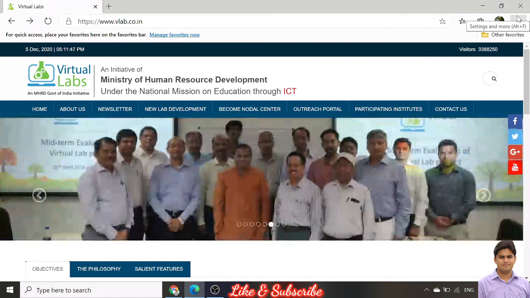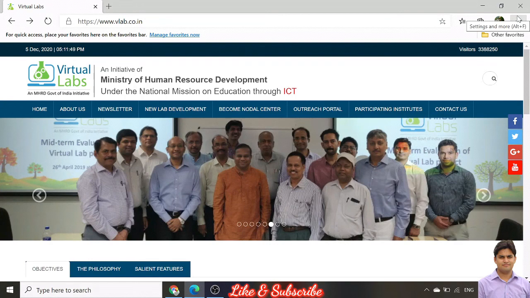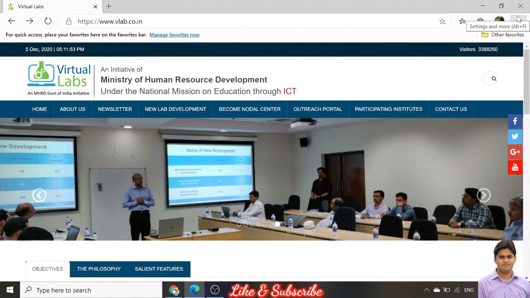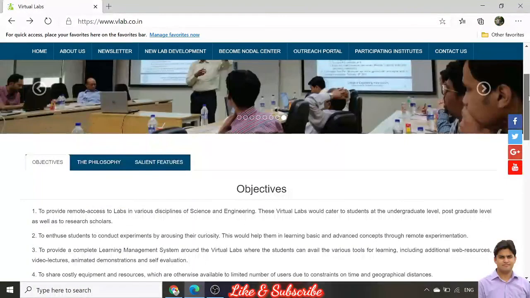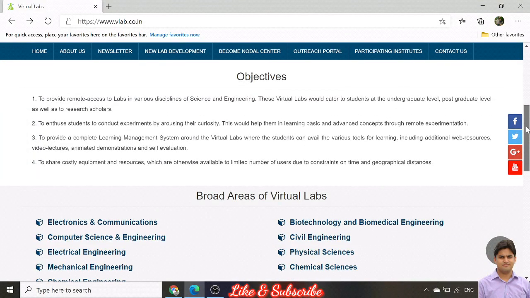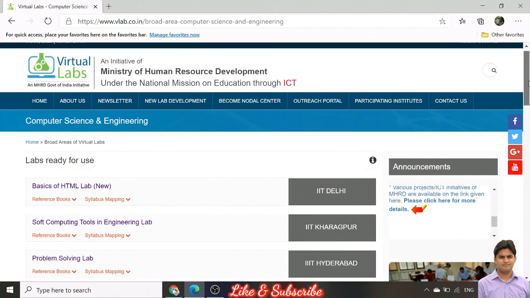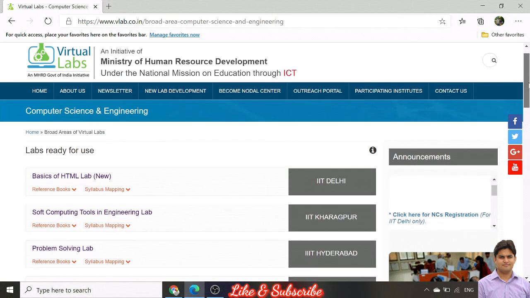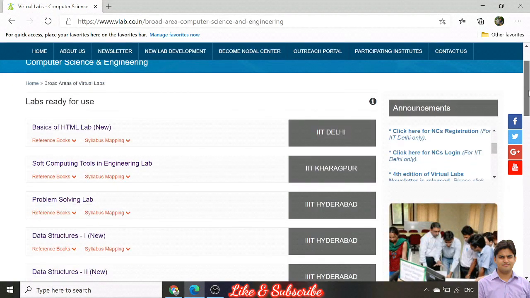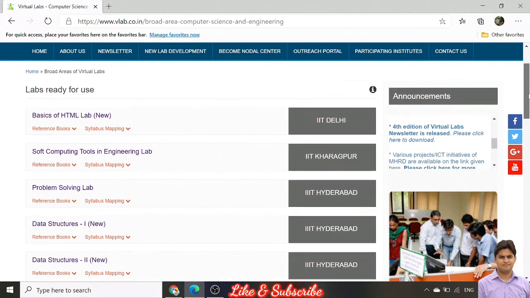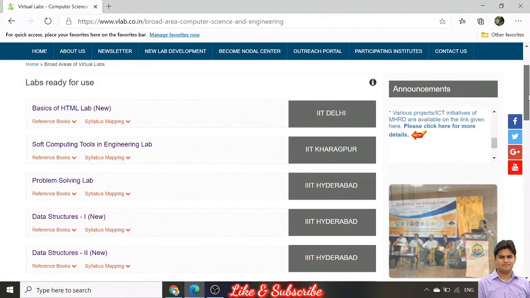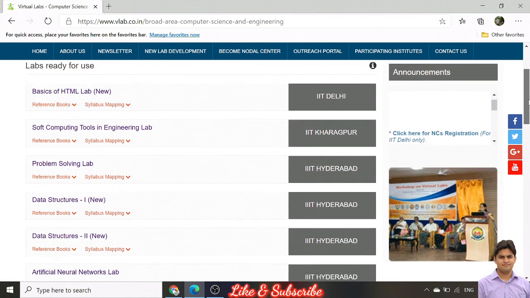For that, you have to open virtual lab using the vlab.co.in URL. After that, you have to select computer science and engineering in the broad area of virtual lab. In computer science and engineering, the labs ready for use are basics of HTML labs, soft computing tools, problem solving, data